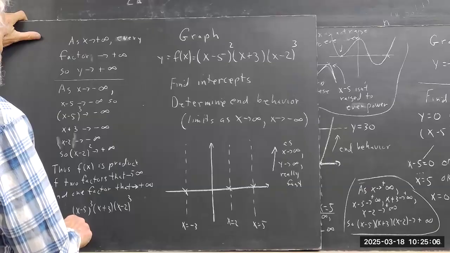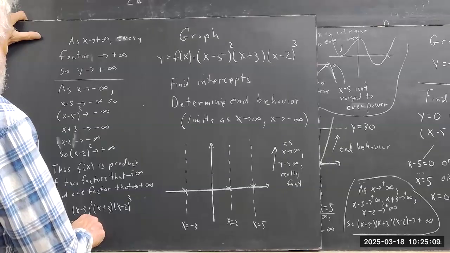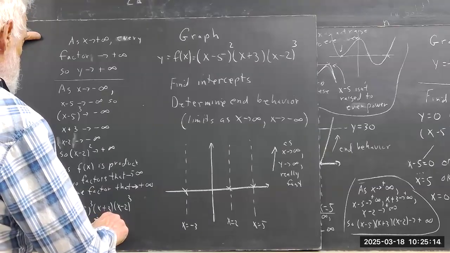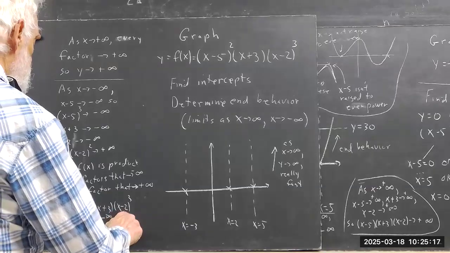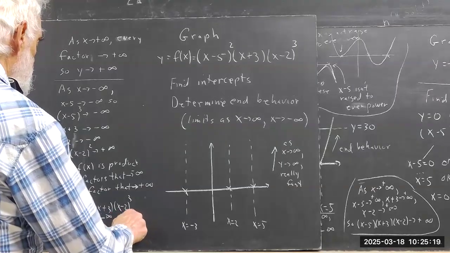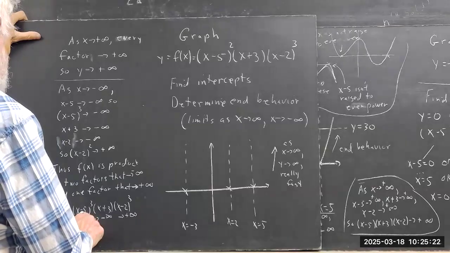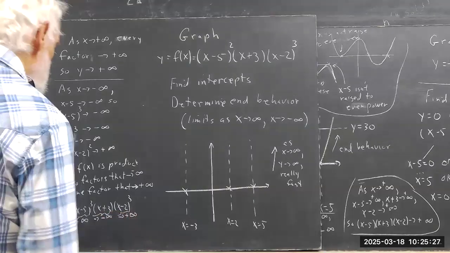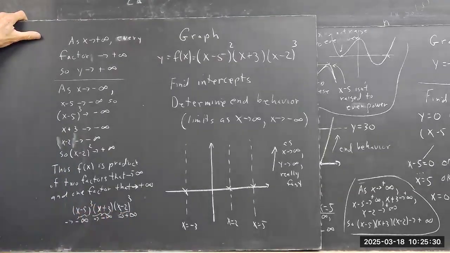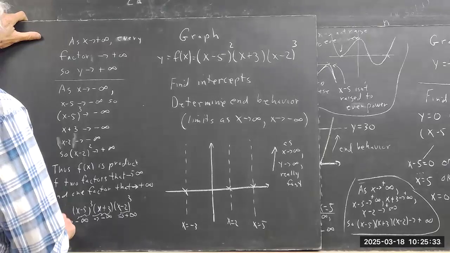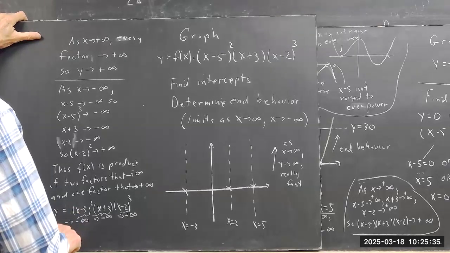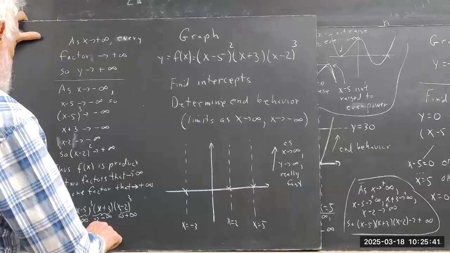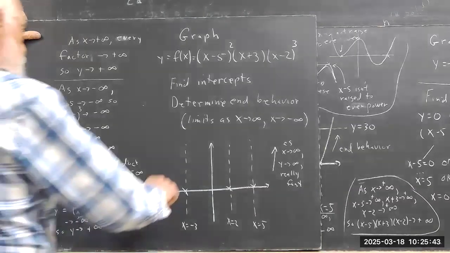This approaches infinity. This approaches negative infinity. This approaches positive infinity. So y approaches positive infinity, and that's a reason